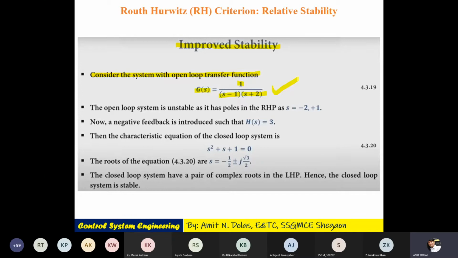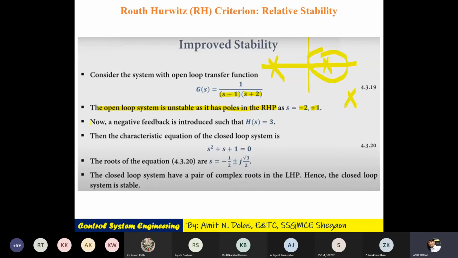Yes, sir. One pole is on the right hand side and one pole is on the left hand side, and hence. Yes. Of course, mute your mic. Because one pole is at +1 and one pole is at -2, so the open loop system is unstable. It will of course show stability because of the pole at -2, but +1 is on the right hand side. So +1 is here and -2 is somewhere here. So if even a single pole is in the right half plane, then the system is unstable.